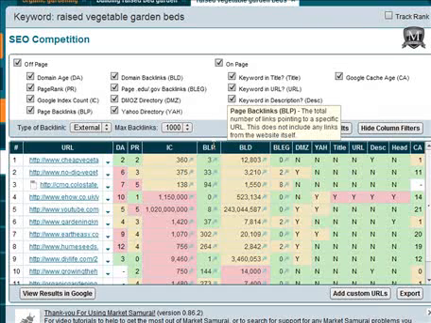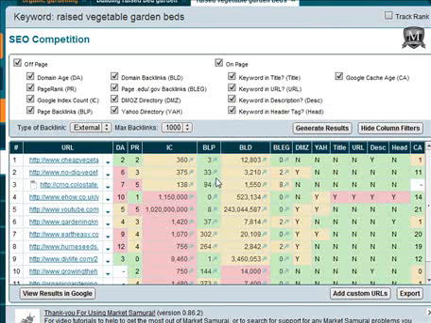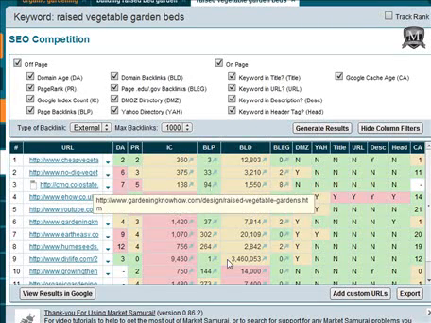I like to look at the BLP, which is the backlinks to that actual page, not the backlinks to the domain, but the backlinks to the actual page that's ranking. Number 1 has 3 links. Come on, anybody could beat that. This one has none. Look at these. We have eHow, YouTube,